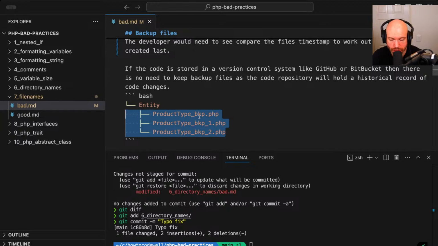If you are using a version control system, then you've got the power, the ability to look at the history of these files and see the changes that were made. The big shift in using version control systems is that the changes that we make to a file are now very small compared to what they used to be, where we were changing the whole thing. And so we would copy the whole thing. Now,